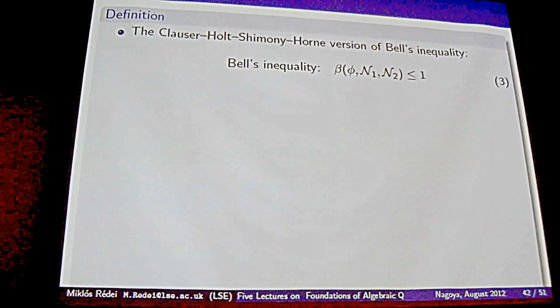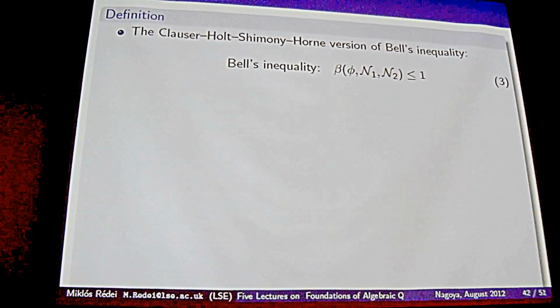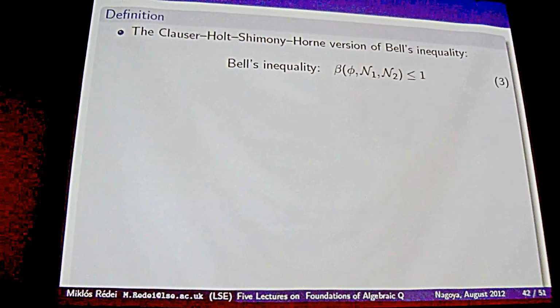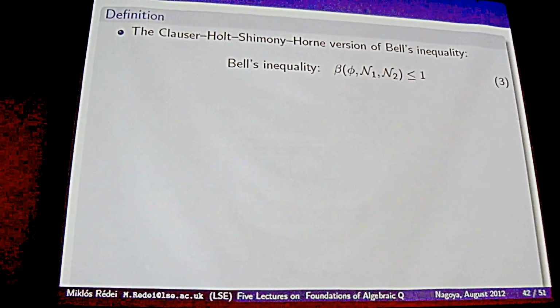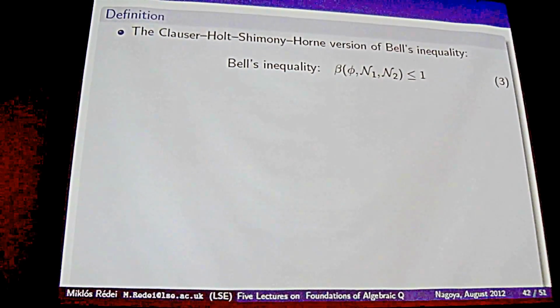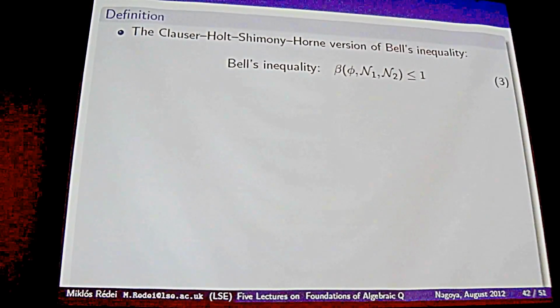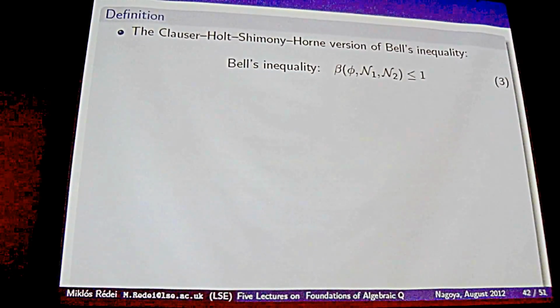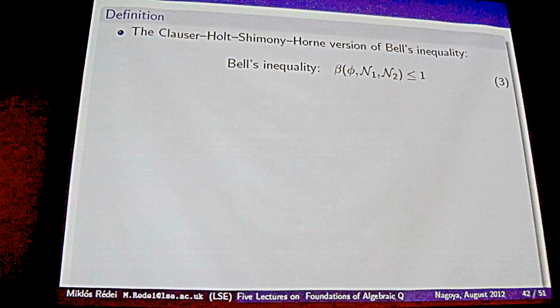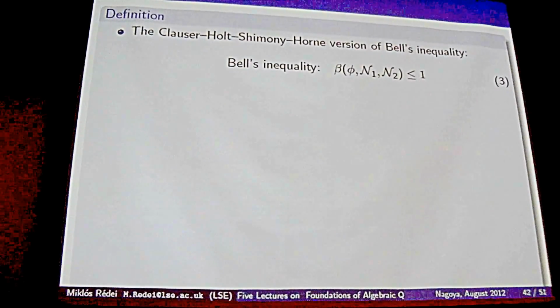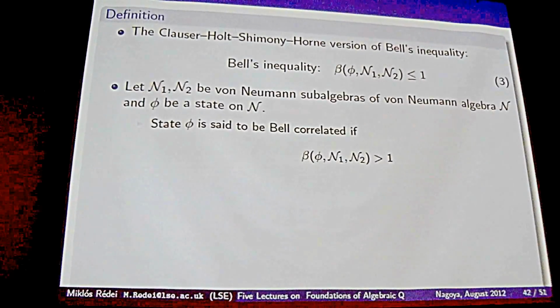This notion has a history which I won't go into. If you know a little bit the history of the problem of hidden variables and Bell's work, then you recognize immediately that this Bell correlation is defined on the basis of some developments in connection with Bell's inequality, which I assume to be familiar for everyone.